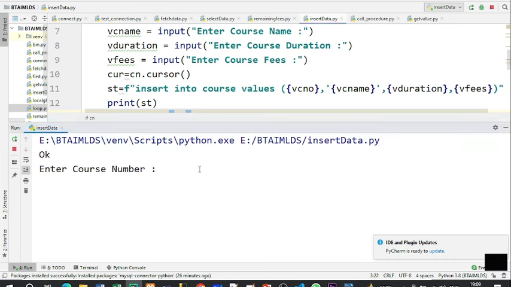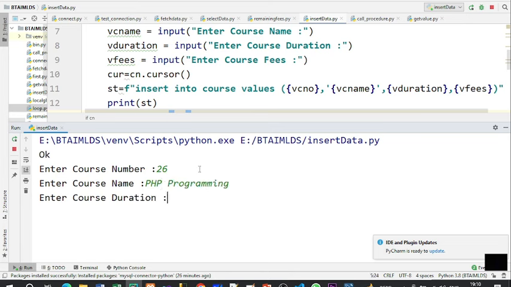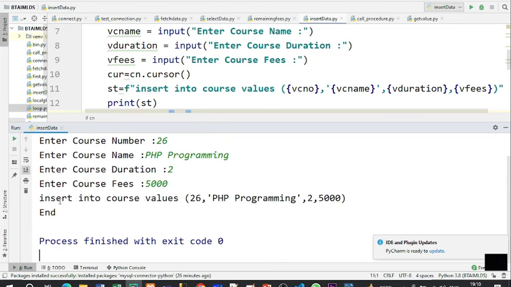Course number I will give as 26. Okay, my date of birth is 26. Then course I will give as PHP programming. Duration I will give as 3, and fees I will give as 5,000. So first of all, it will create the insert statement: insert into course values 26, PHP programming, 2 and 5, and